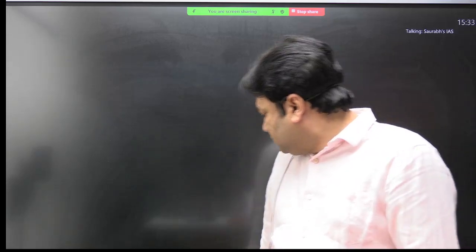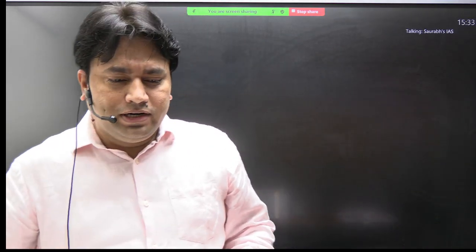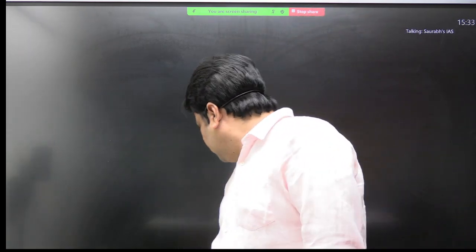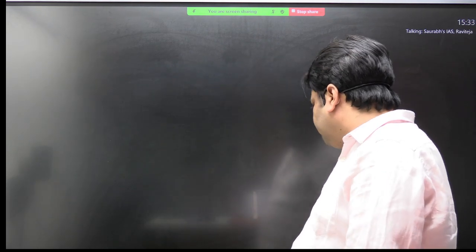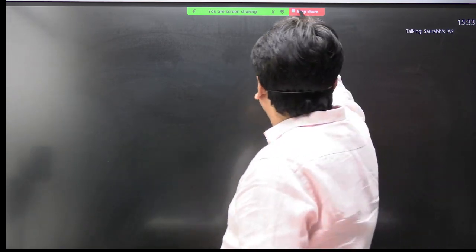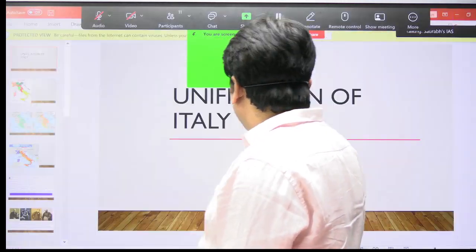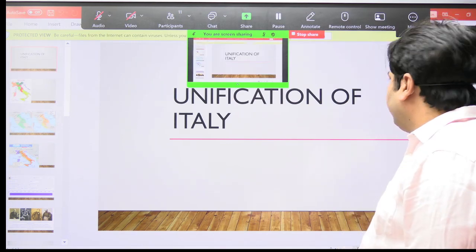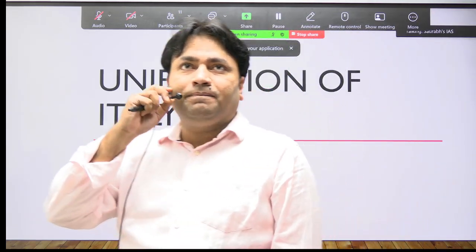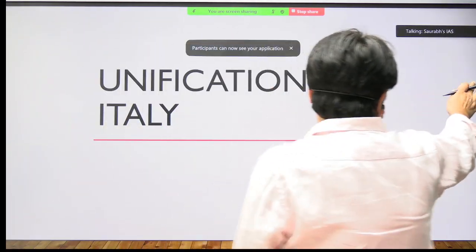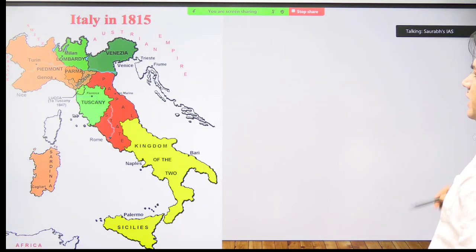Okay. So we are going to continue this topic here, Italy, right? We started that discussion in the last class, and we discussed the background of Italy. So basically, we were discussing... Let's take the help of the PPT to understand the map. This is the topic that we were discussing: unification of Italy, right? Here is the map of Italy that I discussed with you in the last class.